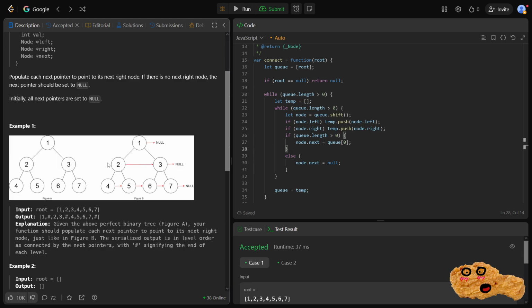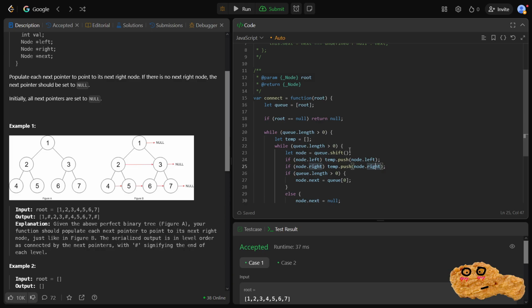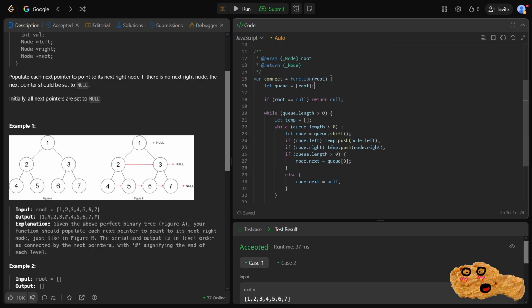Time complexity, I'm pretty sure this runs order n. I mean, we're going through every node once. And then space complexity, am I using any extra space? I mean, no, not really. All the space is already there, so it'd be constant. I mean, I do have this queue that will keep track of everything, so I guess at max we would be dealing with